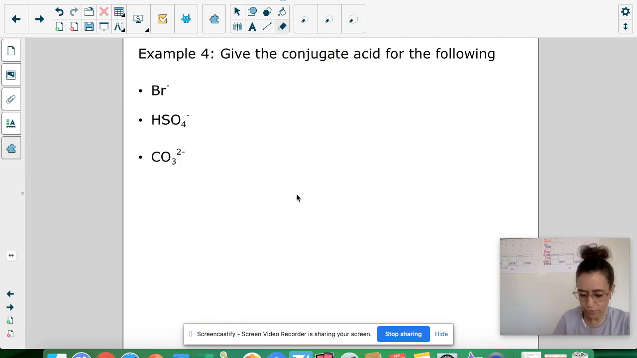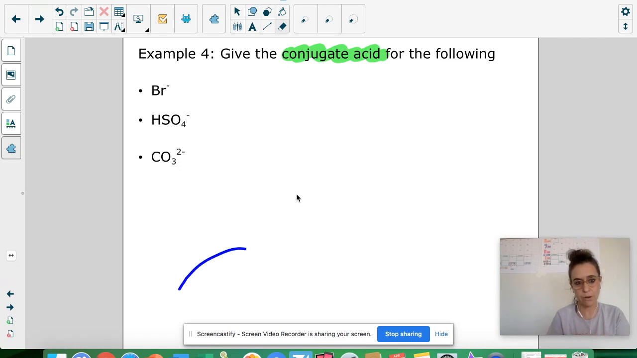Now it's asking you to find the conjugate acid of the following. To find the conjugate acid means that the substances you're given are bases. And if they're bases, what you need to do is add one proton to them because they're proton acceptors. With bases, you're giving the proton to the substance. So if you want to give a proton to bromide, Br negative, then you would add one hydrogen. So what you would end up having would be